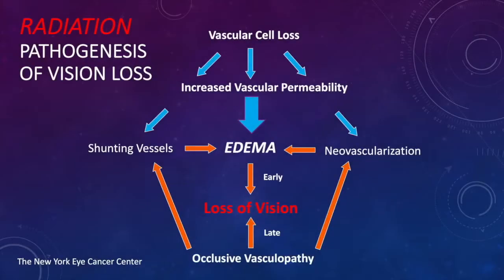Now here's a little diagram I put together to help understand the pathogenesis of the vision loss. Early, you have vascular cell loss, and we describe that as decreased numbers of pericytes and endothelial cells. First, the pericytes drop off, leading to increased vascular permeability and therefore edema. But it also becomes hypoxic, so new blood vessels will grow, written here as neovascularization, and shunting of blood vessels. These are all responses to the hypoxia of these blood vessels closing down due to cell loss, due to radiation